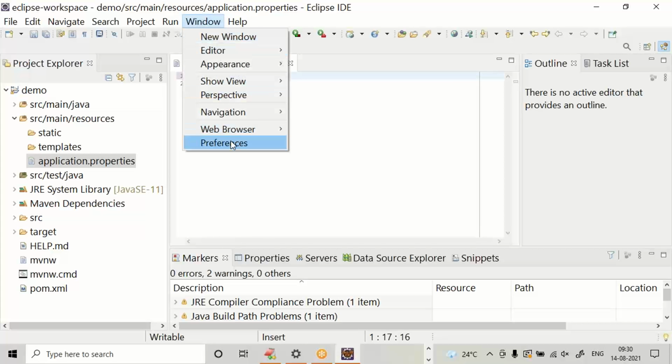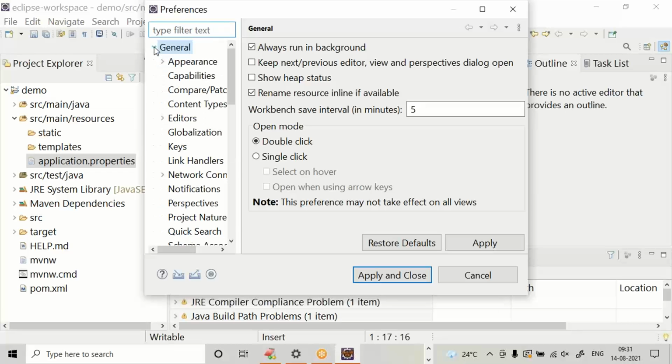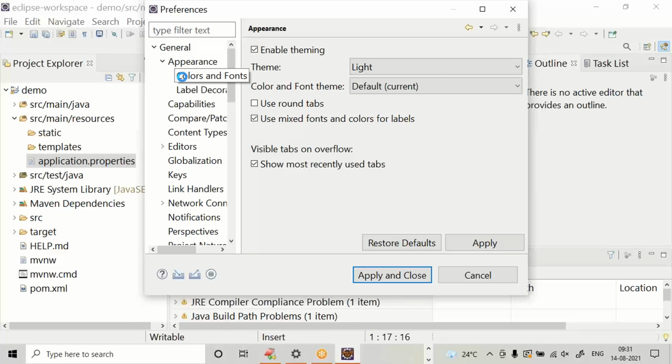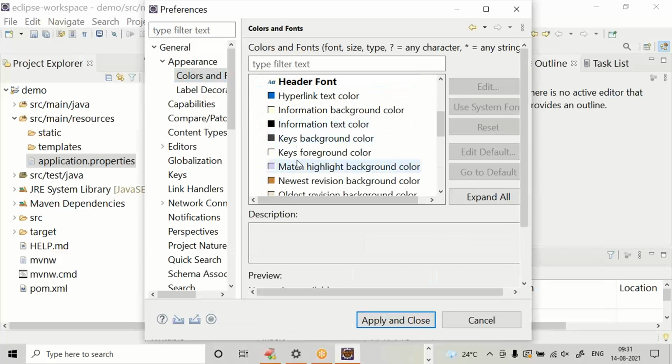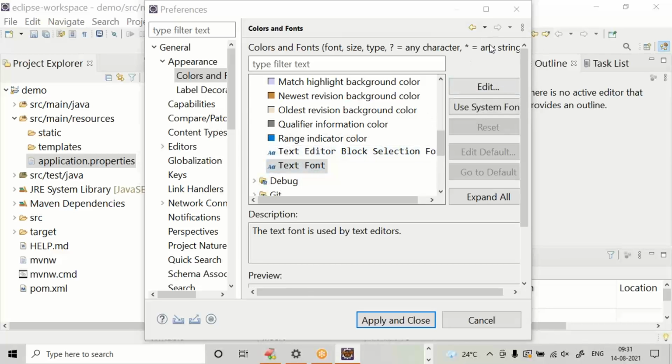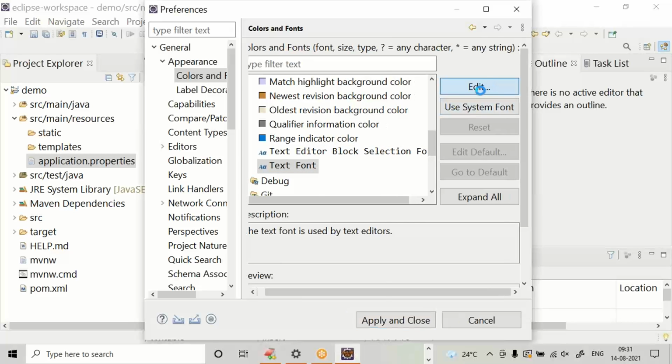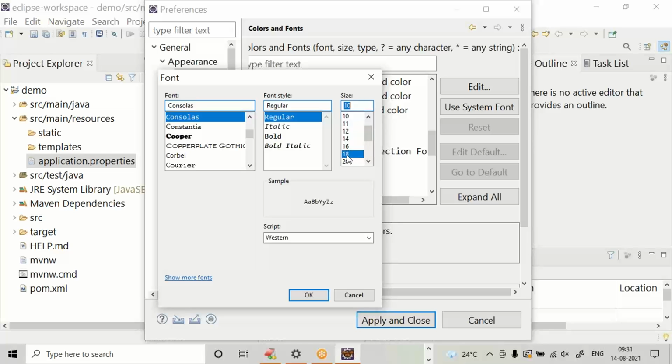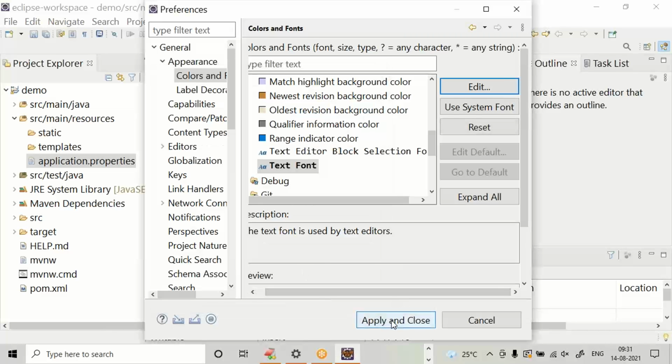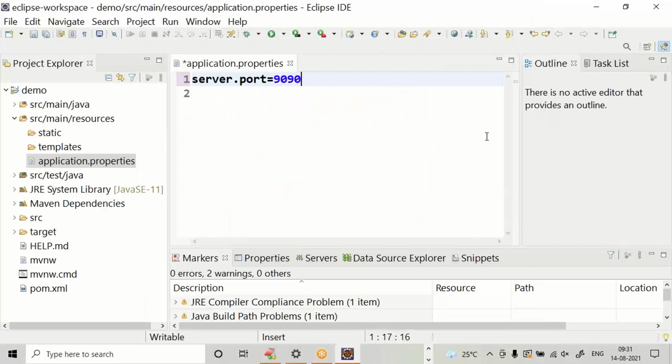Let me increase the font size. server.port 9090. Don't go for 8080. If you are not setting it, by default it will take 8080.